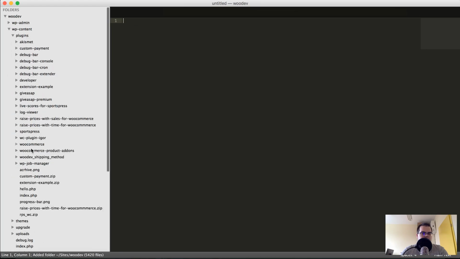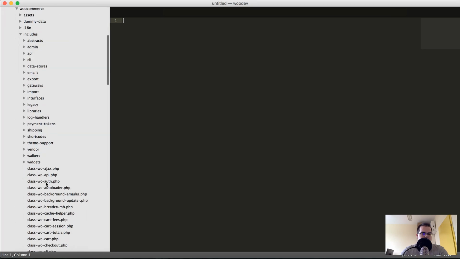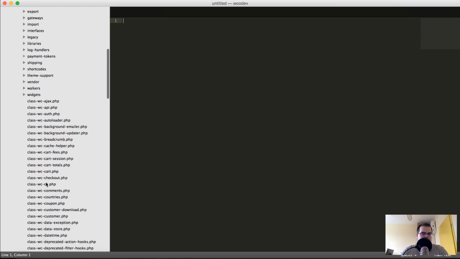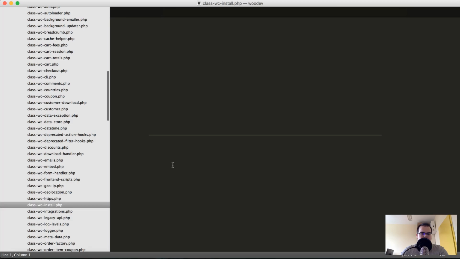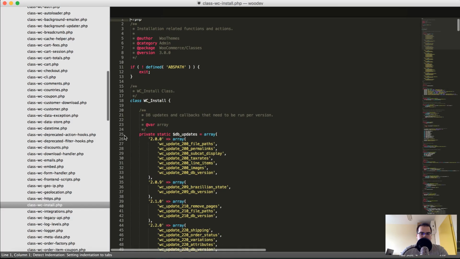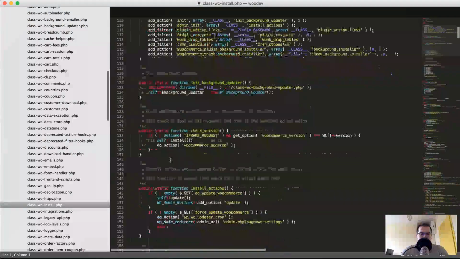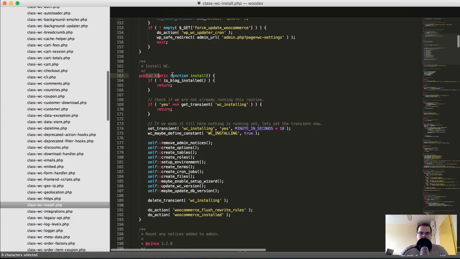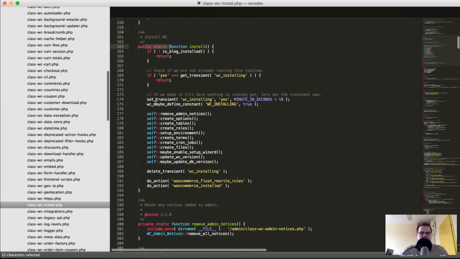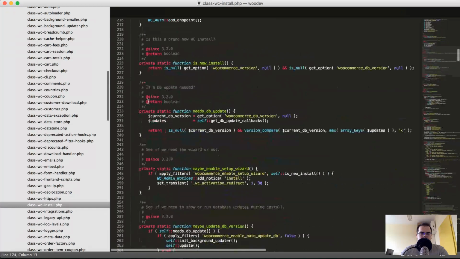So I'll just go here with the WooCommerce includes, and let's see where it is. I think it's somewhere here. Let me just check. Yeah, install. So how do they install their stuff? Yeah, I'm not going to go into that, I don't care about that. Here it is. Oh, they're also using the static one. Great, I didn't even know that they were doing that. So what do they do? I will just use it for installing our